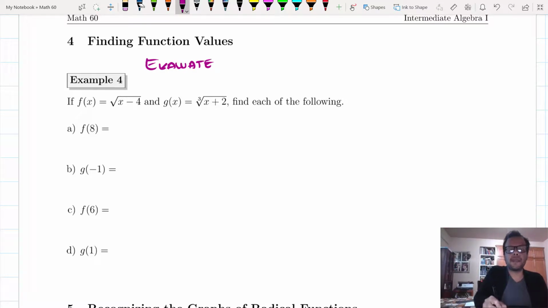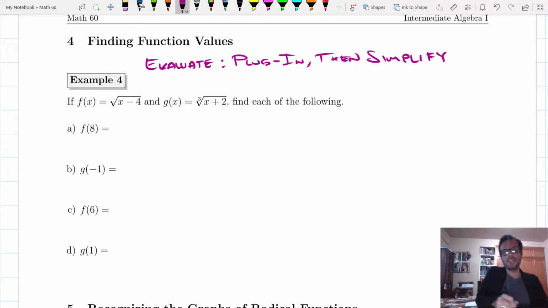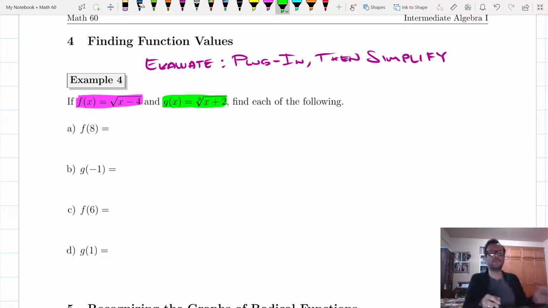Evaluate means plug in, then simplify. All right, so in this case, we have two functions, right? We have the function that I'm highlighting with pink or purple, f of x, and green, which is g of x. We have two different functions. One is f of x and the other one is g of x. All right, so for letter A, they're asking us to